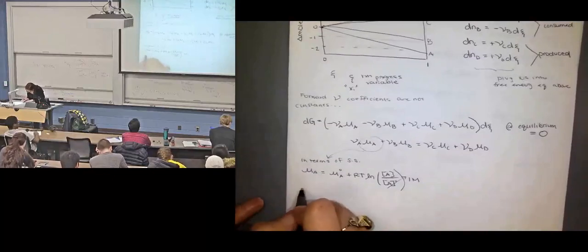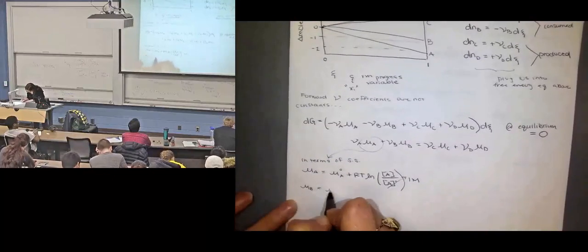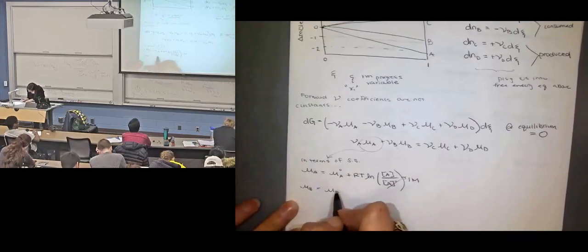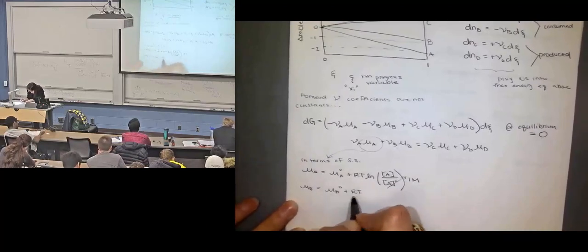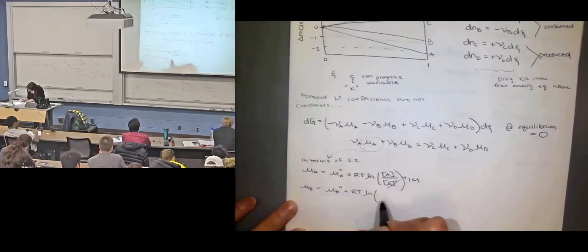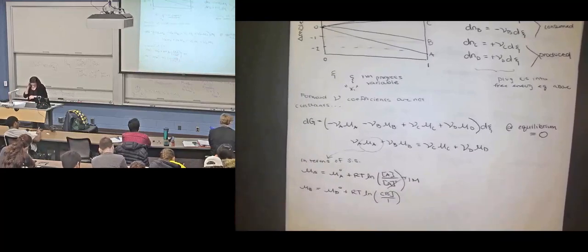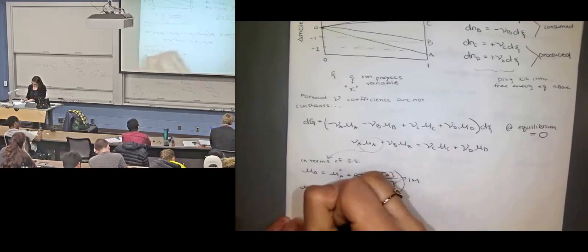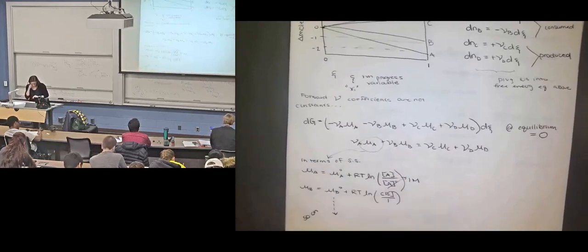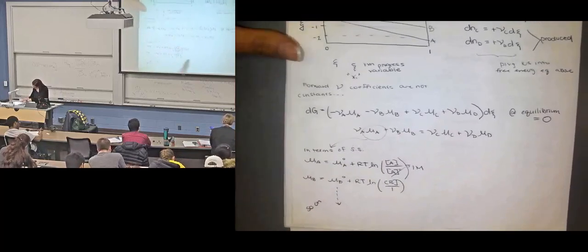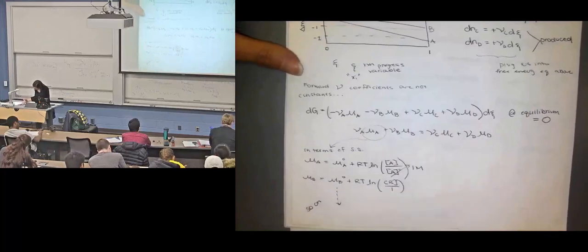The chemical potential of B is equal to the standard state chemical potential of B plus gas constant times temperature times the natural log of B over 1. We don't need it. And so on for C and D. And if I plug that all in, this relationship up here becomes